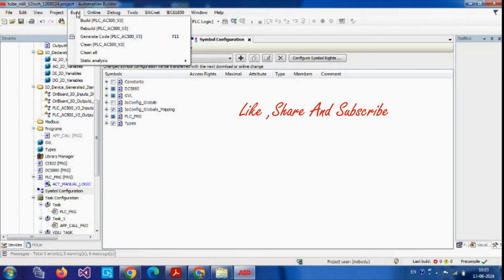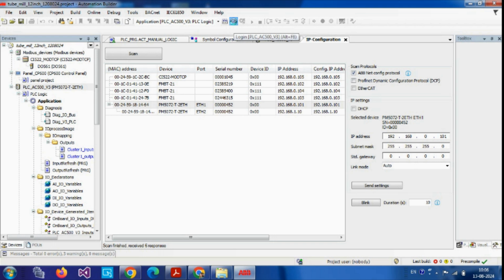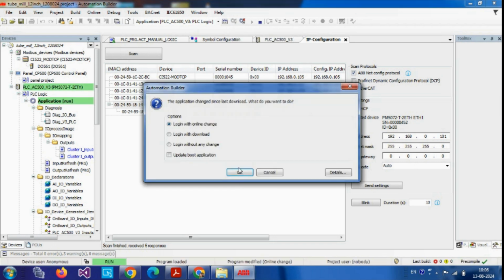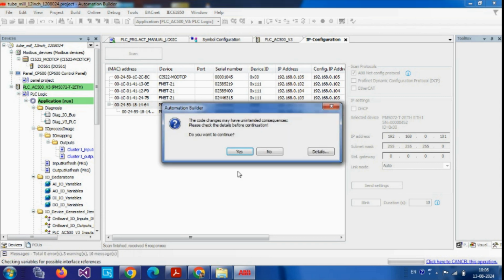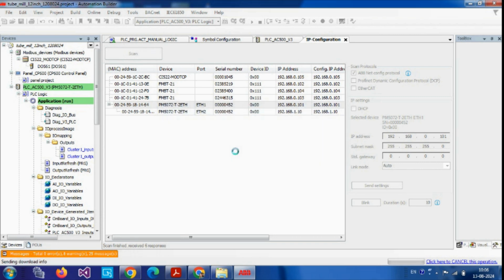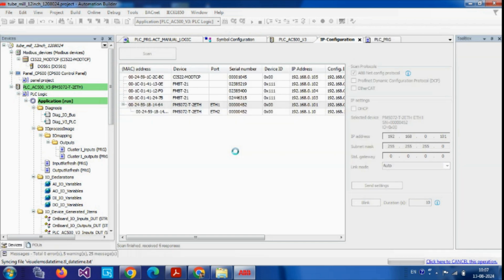and Build Project. Build done, then log in with online change. Okay. Login done, then